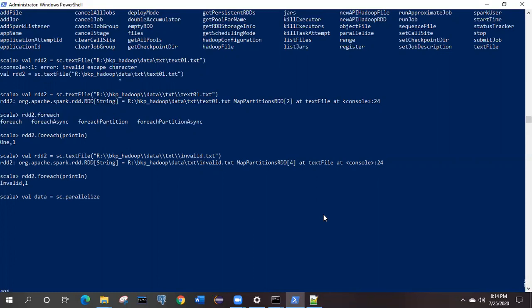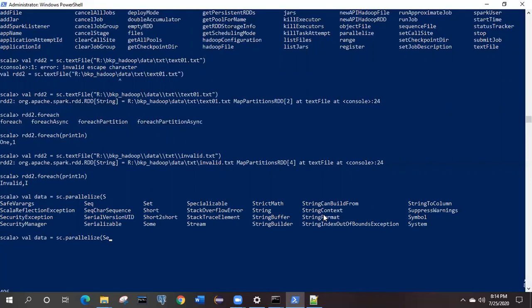Inside this, what we are going to pass as the data is one sequence. Now instead of a list we will create one sequence, and this is the keyword to create the sequence. Okay, so this is the sequence.